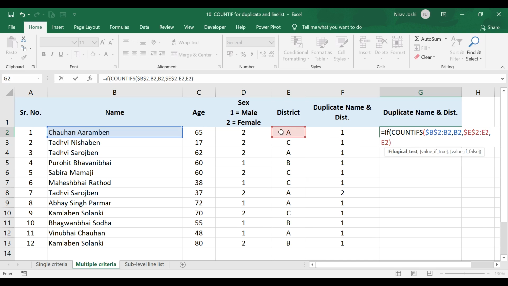complete the parenthesis. Now what we want here is, if the count based on this criteria counts more than 1, then we want to identify it as a duplicate, and if it is not more than 1, it should be shown as not duplicate.